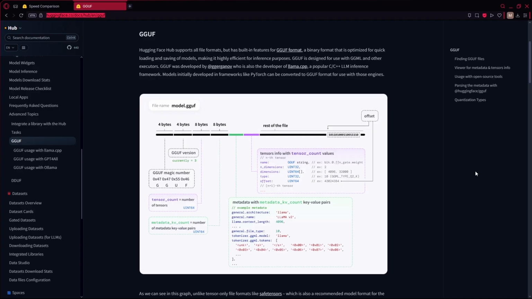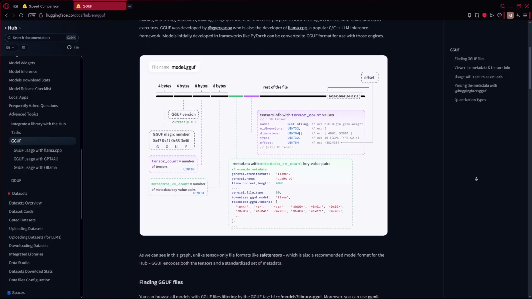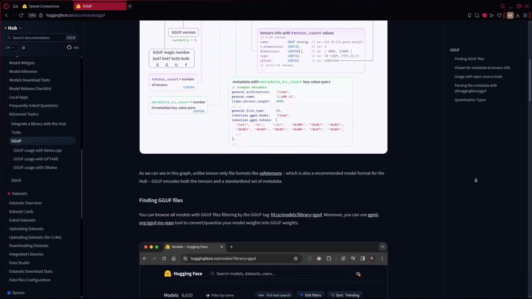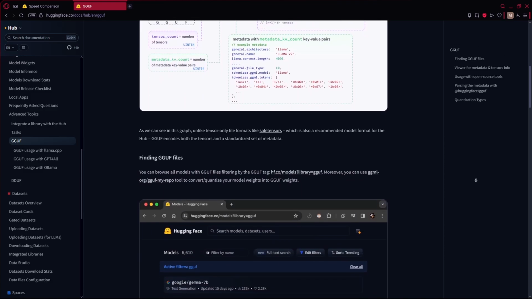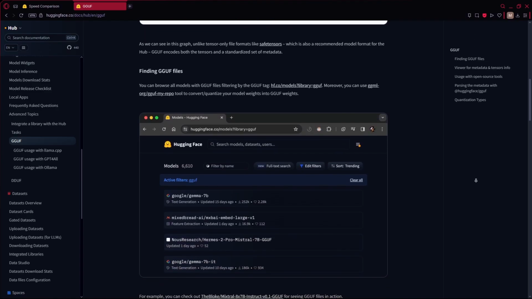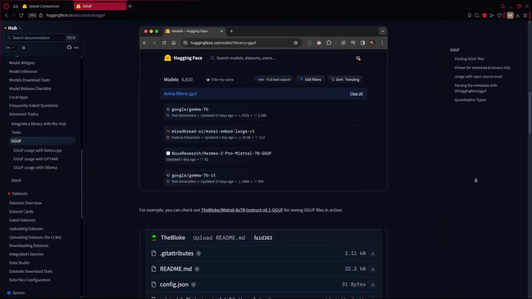GGUF, or GPT Generic Unified Format, is a newer format optimized for local inference, especially with quantized models via runtimes like llama.cpp and compatible front ends. It builds on GGML's legacy, with more efficient loading, support for various quantization levels from 2-bit to 8-bit, metadata, memory mapping, easier single-file deployment. It's very lightweight in RAM or VRAM when quantized, making it possible to run larger models on